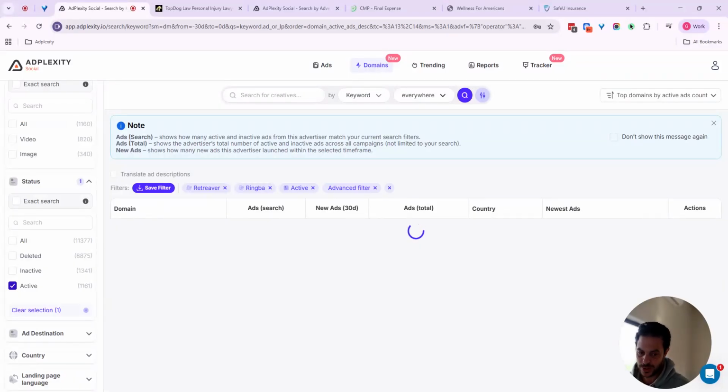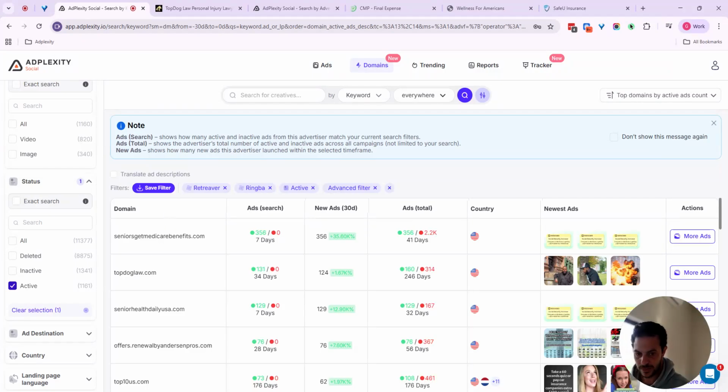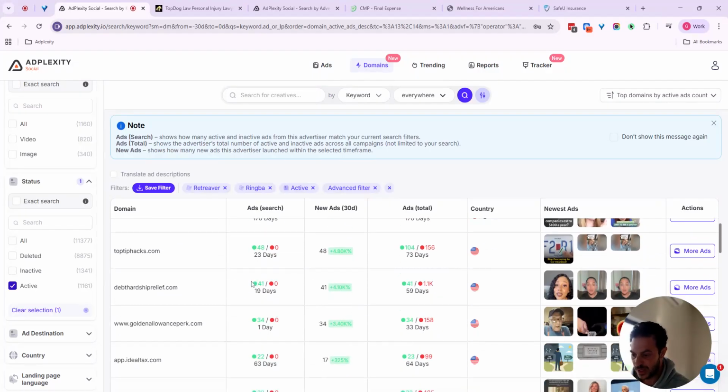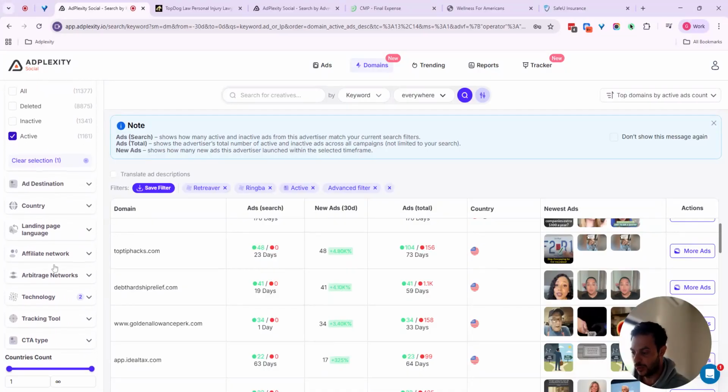But there's a chance that we're going to see probably the same ones as we saw before, Senior Get Medicare. Yeah, as you can see here, this didn't change much. So these seem to be the leaders in the space in their own categories and verticals. Here you can find how they run these things, you can find the flows, and then you can try to replicate those elements and take inspiration from them